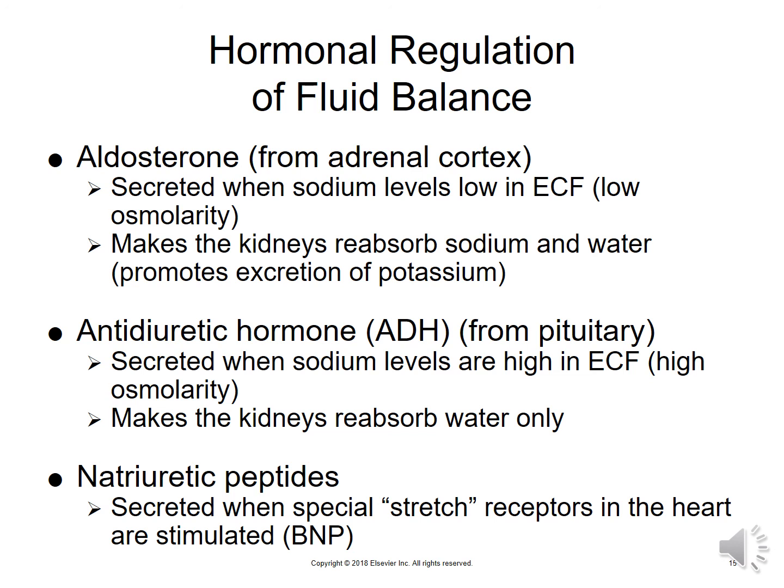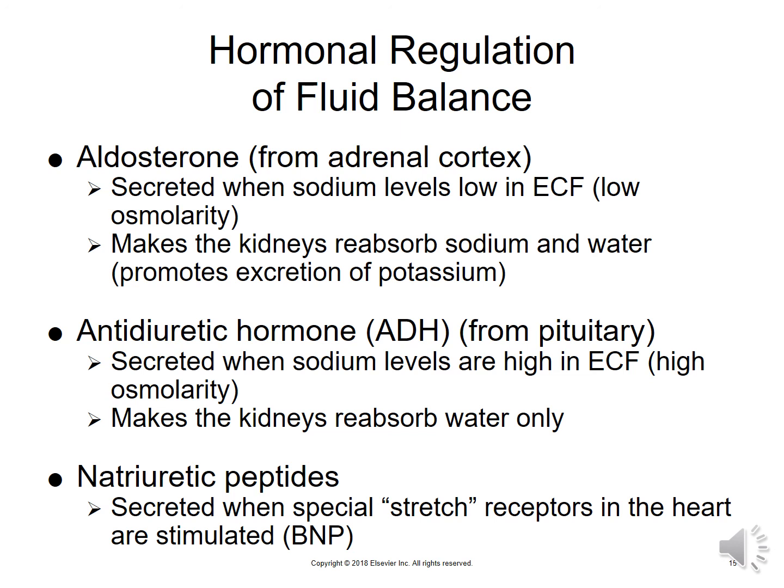Antidiuretic hormone is from the pituitary gland, and it's secreted when sodium levels are high in the extracellular fluid, or it has a high osmolarity, and it makes the kidneys reabsorb water only. So you can see why, if the sodium levels in the extracellular fluid are high, that means there's a lot of little solutes in there. It's very concentrated. We want more water in to dilute it, right? Whereas with aldosterone, you're going to reabsorb the sodium and the water. All right,